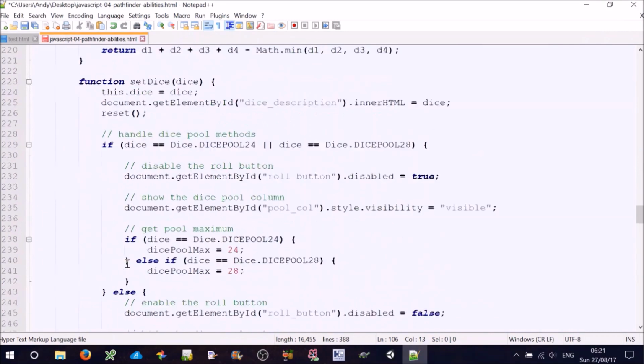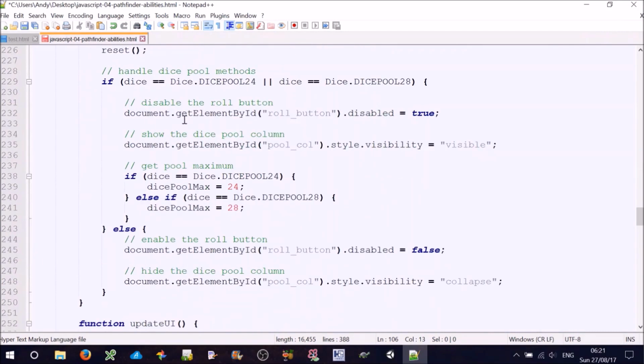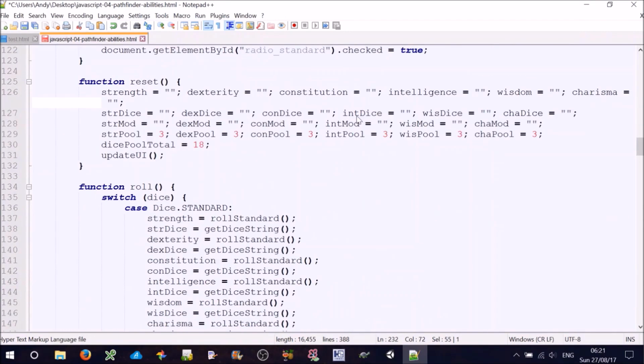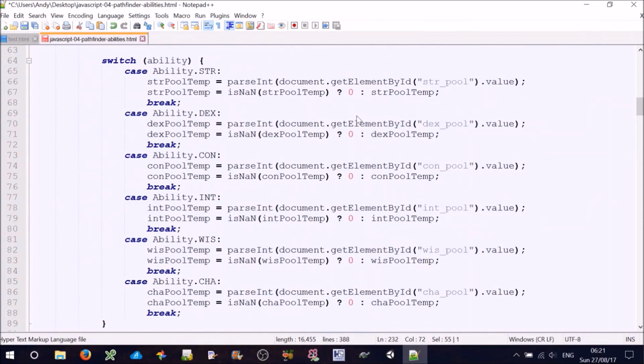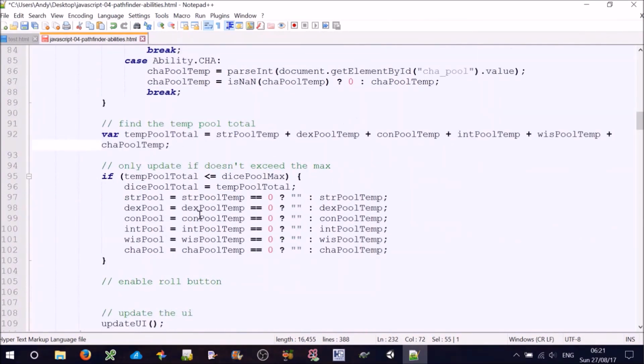So in our set dice, we were enabling that, weren't we? Here, disable the roll button. So we want to do something similar to this. So back up to our change method. So it's disabled when